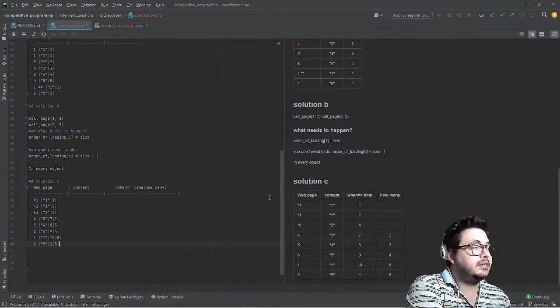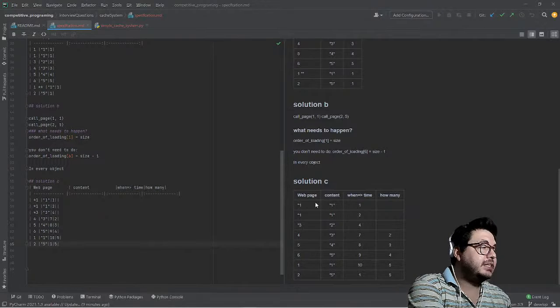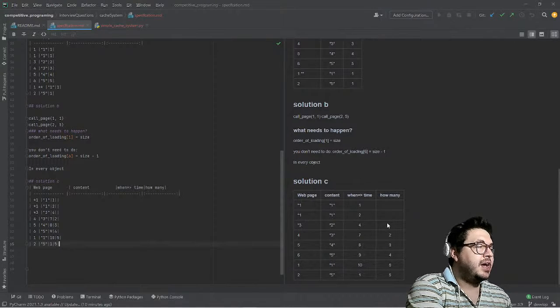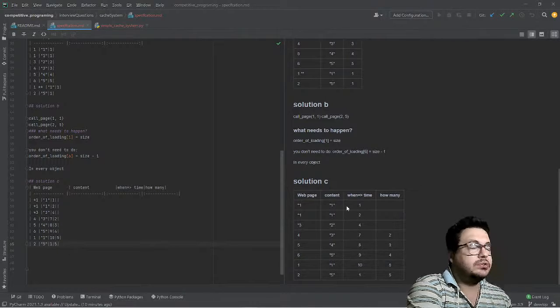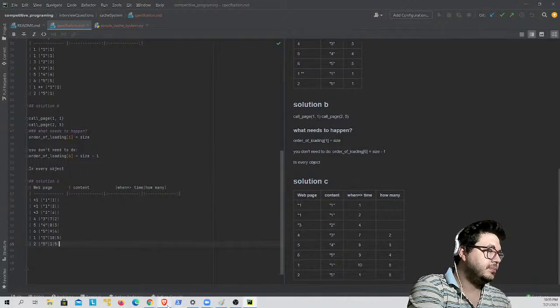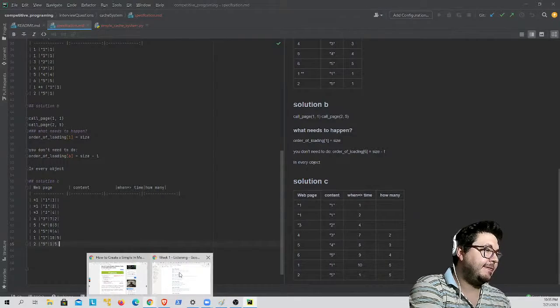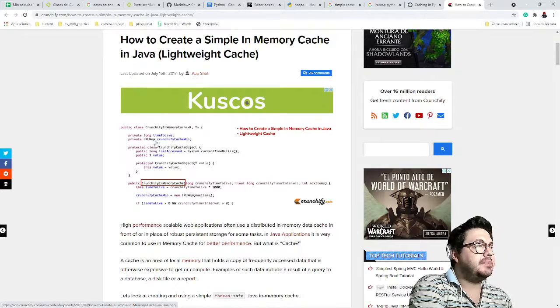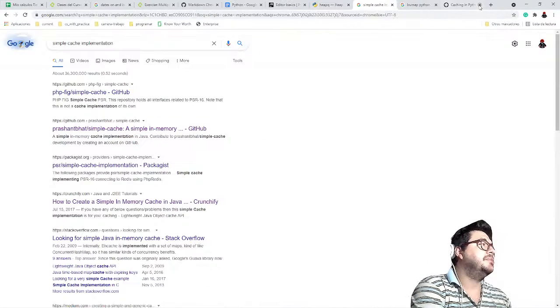The older web pages get removed. If you access it or you put it, you change the time. But if you have a web page that is too old, you just remove it. And it's already implemented. So maybe from there is not the way.